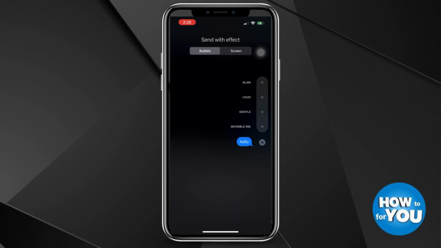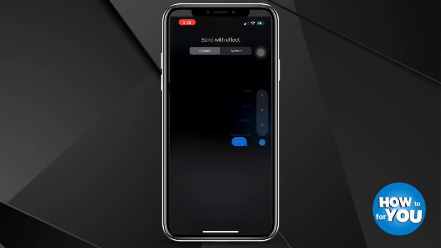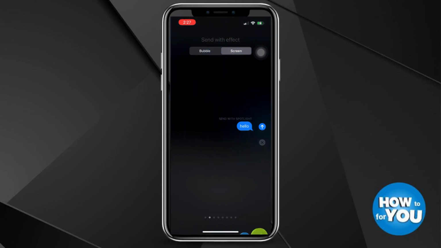For bubble, there are slam, loud, send with circle, and many more. You can also try other options under screen, which includes spotlight, balloon, love, and many more. Now, this only adds an effect on the message that you will send, but will not completely change the color